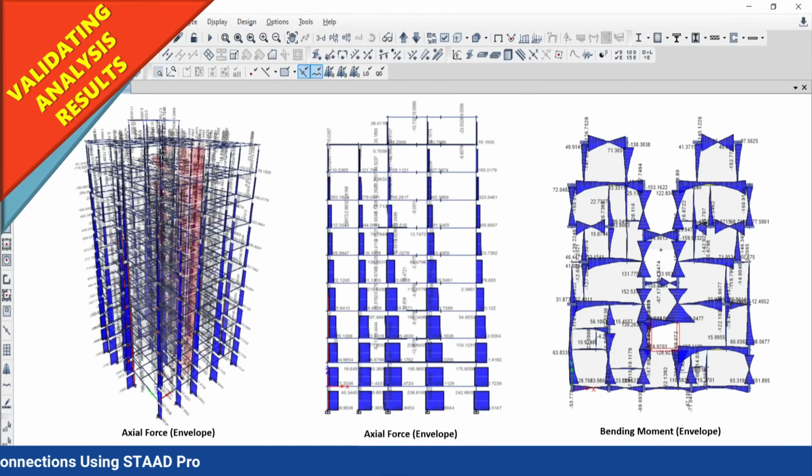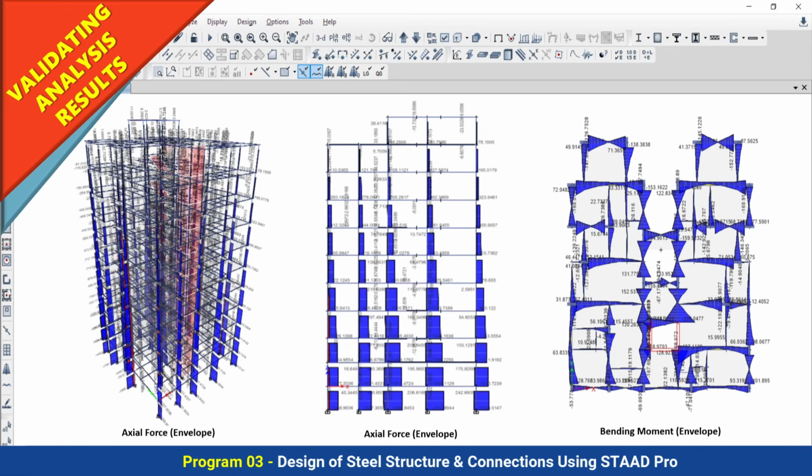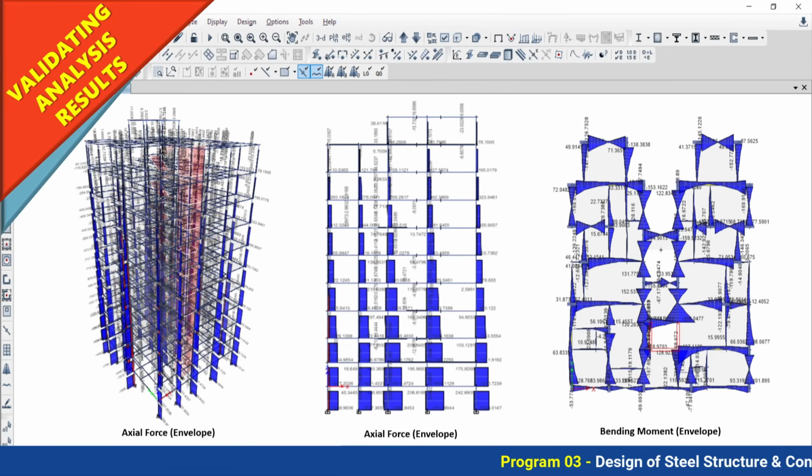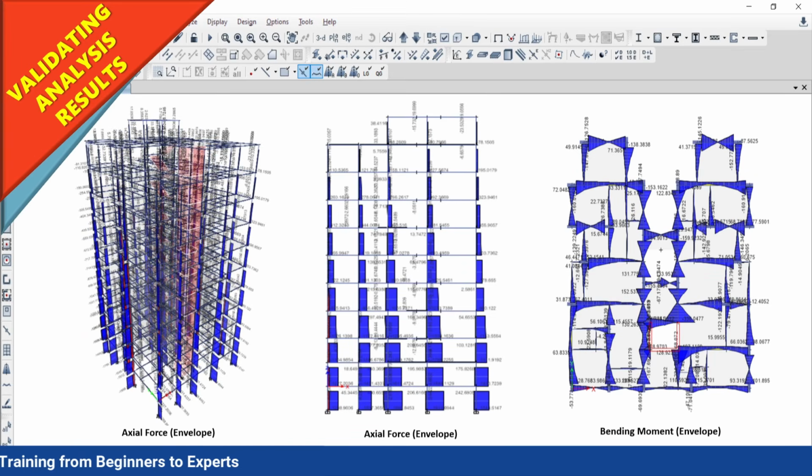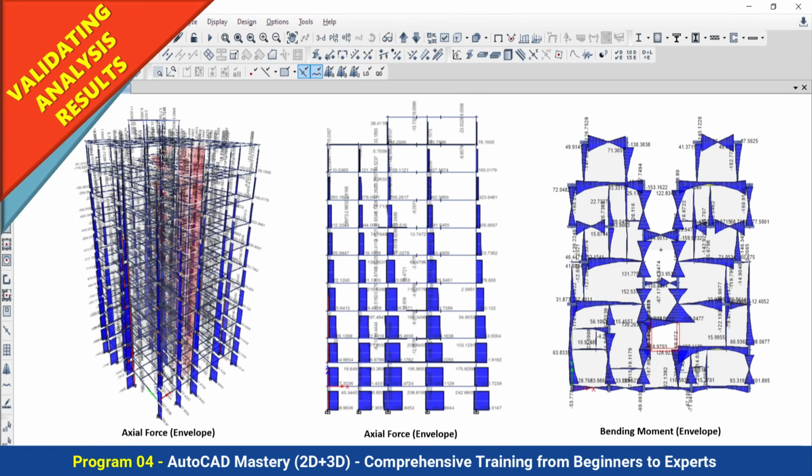And after the completion of the modeling, we have to move towards the analysis, and we will do the analysis. And guys, after the completion of analysis, you should have the knowledge to interpret the analysis results. People can easily perform the analysis. You just have to click the analysis button. The software is going to perform the analysis, but who will interpret the analysis results? Who will ensure the analysis result is right?